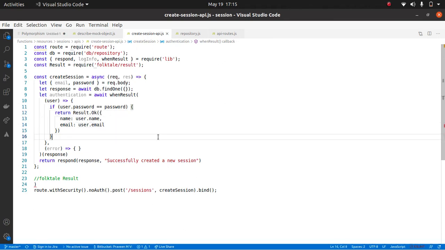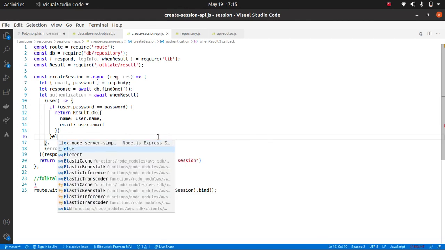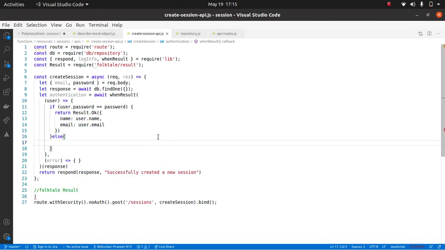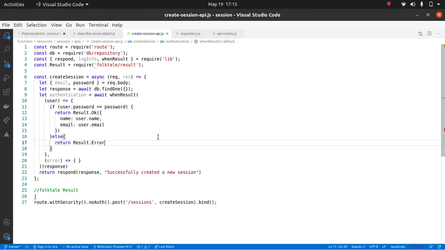Now if that is not the case, what will happen? I need to return result.error. I'll basically tell password didn't match.